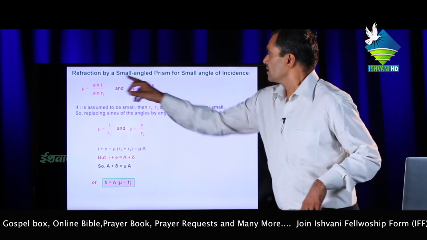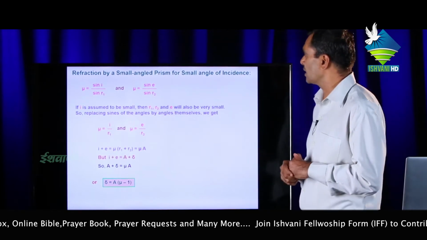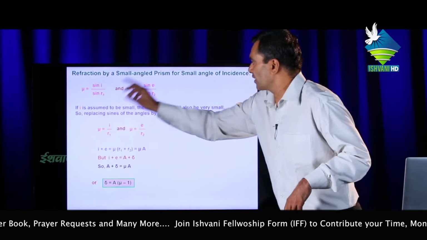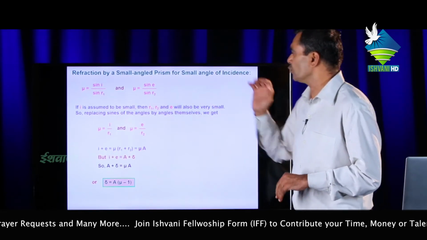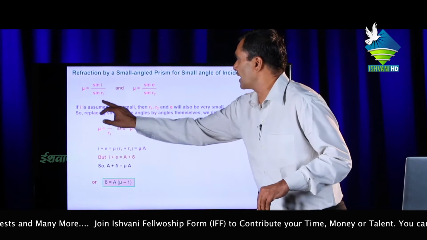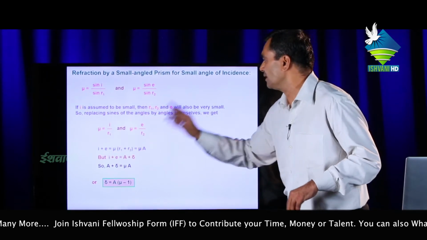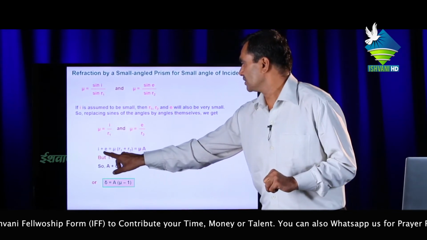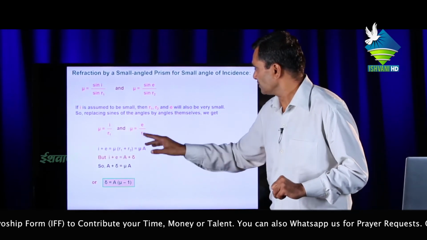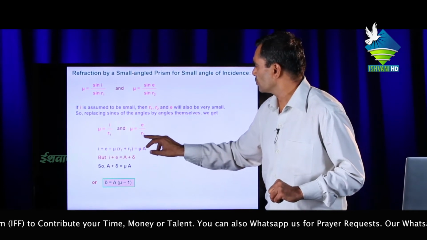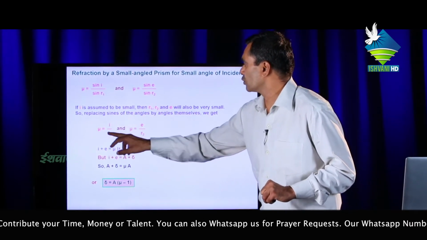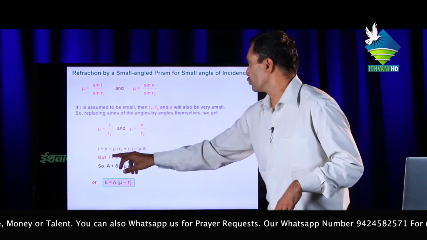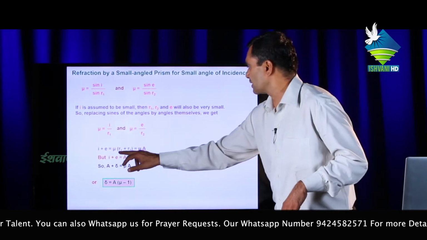If I, E, R1, R2 are very small, then sine I equals I, sine E equals E, sine R1 equals R1 and sine R2 equals R2. Then mu equals I upon R1 and mu equals E upon R2. By cross multiplication, E equals mu R2 and I equals mu R1. Adding both equations, I plus E equals mu times R1 plus R2, and we know that R1 plus R2 equals